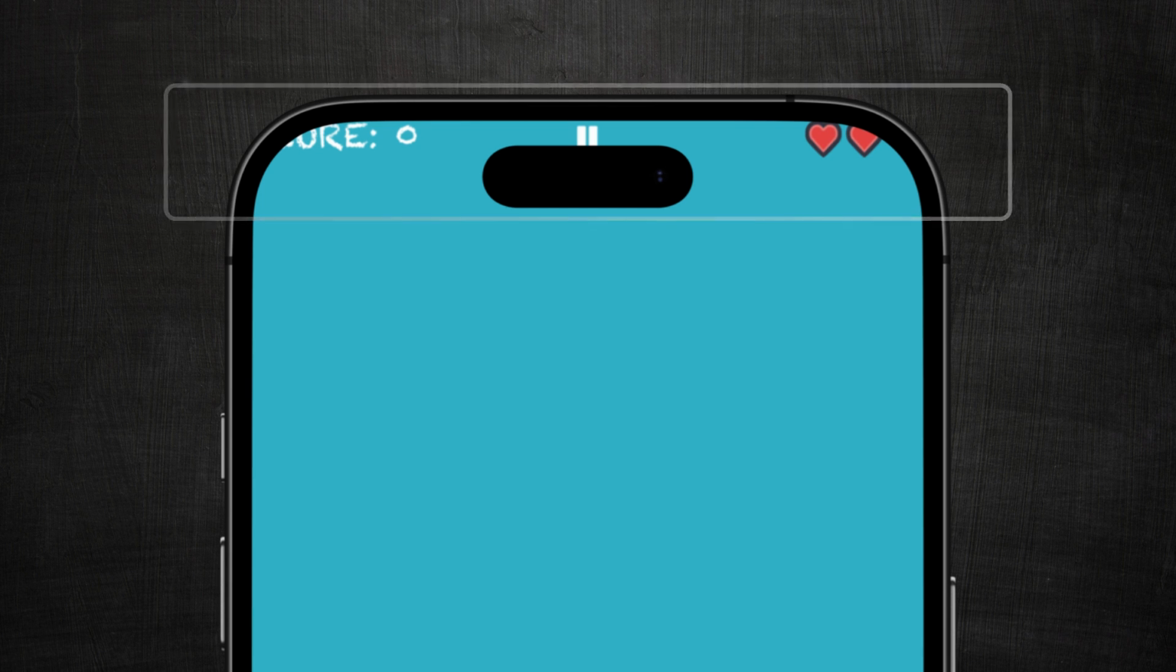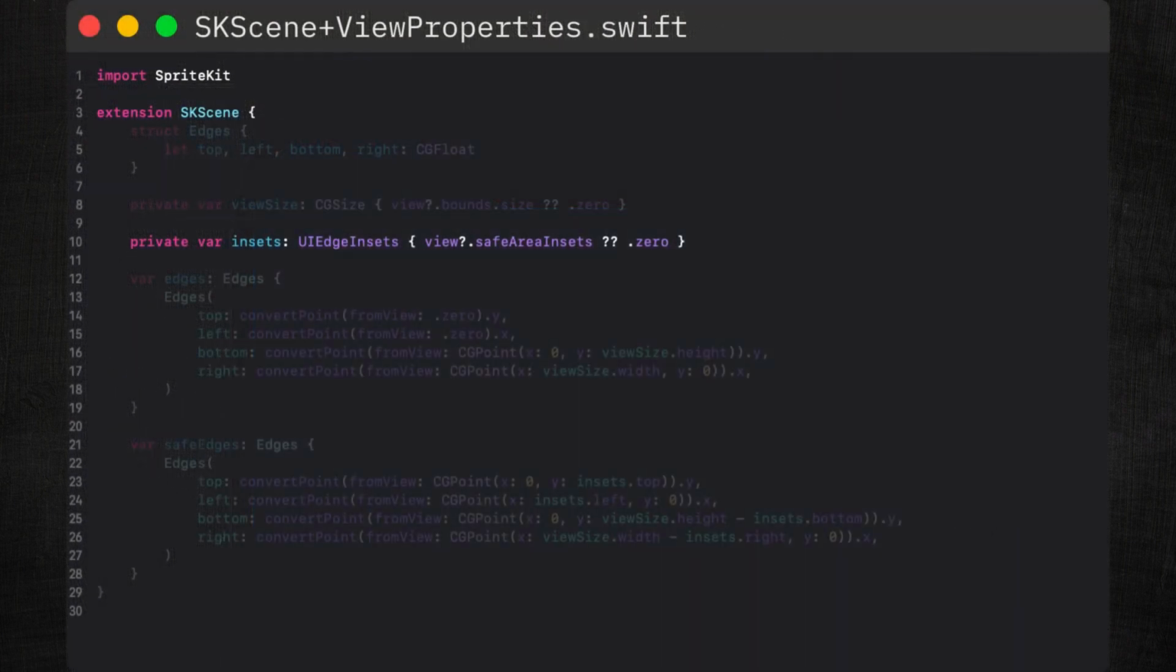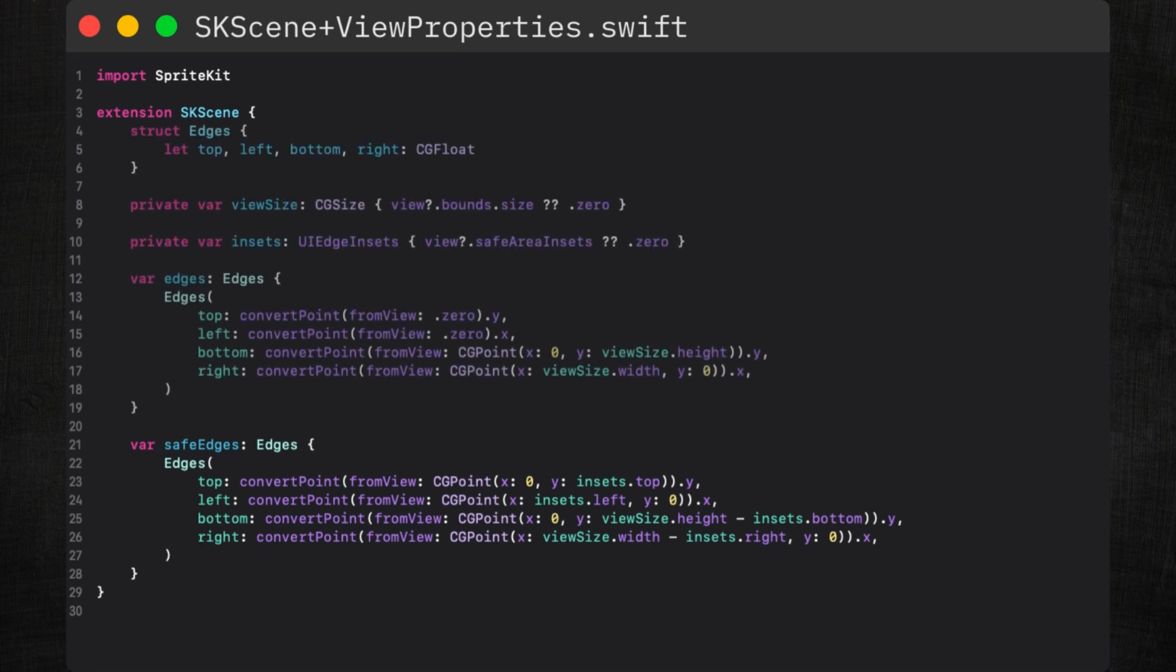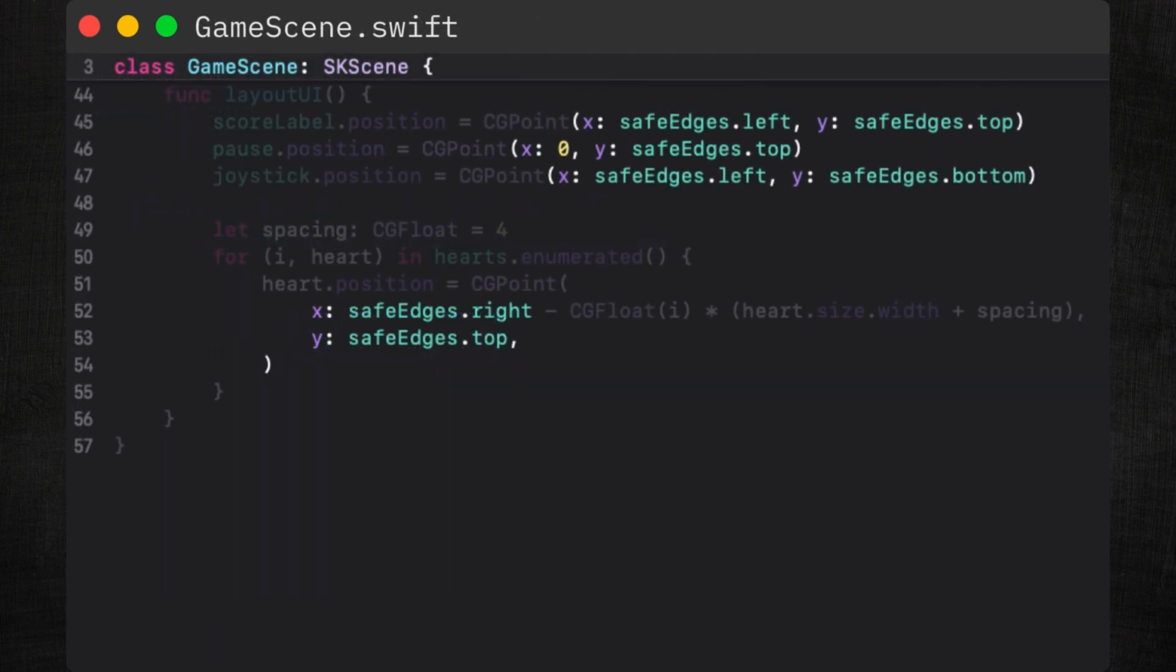system areas. To handle areas like the notch, the dynamic island, and the home indicator, we can extend our SKScene with safe edges. First, we get the safe area insets from the view. Then we create a new property called safeEdges, which works like our previous edges helper, but takes these insets into account. We convert points from the view's coordinate system into scene coordinates, offset by the insets. Now that we have safeEdges, we can update our layoutUI method to use them instead of the regular